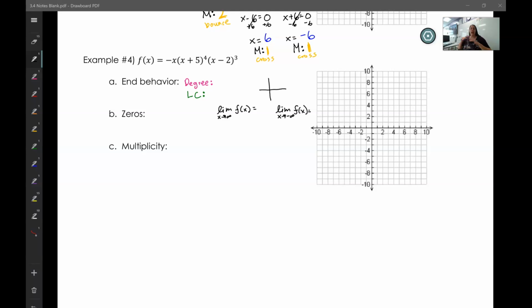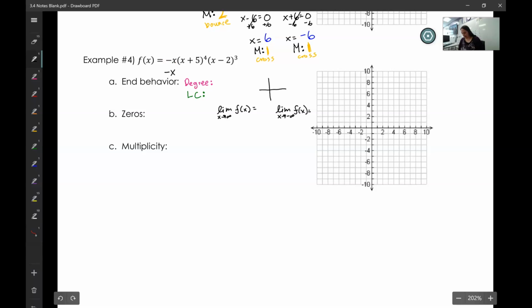Last example of putting everything we've talked about together. We have another equation. First, we want to find the end behavior. So remember, this is just the biggest exponent. So if I look at this first part right there, the biggest one I'm going to get from that is